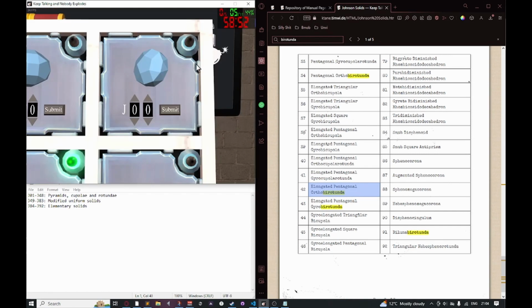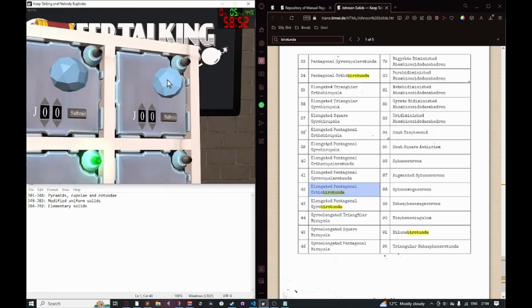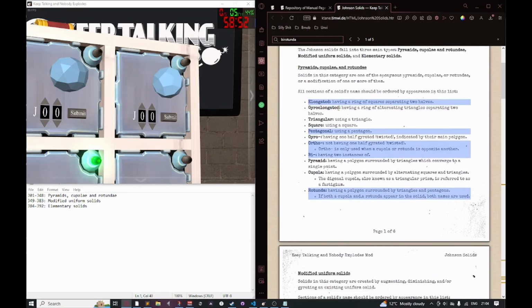Then we can go back to Cupolae. So here we have a pentagonal cupola, because this is the pentagon surrounded by an alternating ring of squares and triangles. So pentagonal